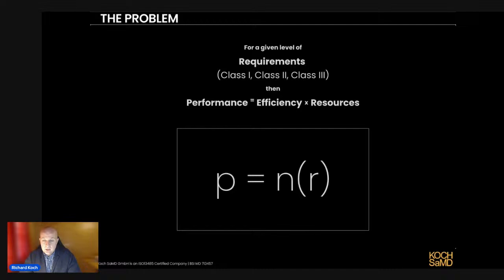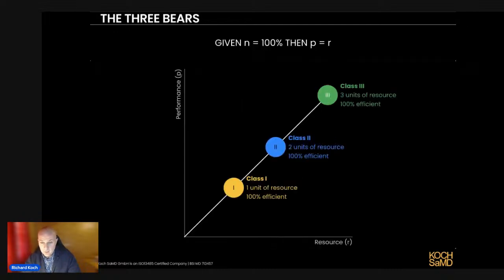Performance is going to equal an efficiency coefficient multiplied by the level of resources we have. So if we're operating at 100% efficiency, 1 unit of performance will equal 1 unit of resource. If we're operating at 0% efficiency, it doesn't matter how many resources you have, multiplication by 0 will deliver 0 performance. So this is the model we're going to use. And in fact, we're going to make it even simpler. We're going to assume the performance index is 100%. What that gives us is a straight linear correlation between performance and resource of 1.